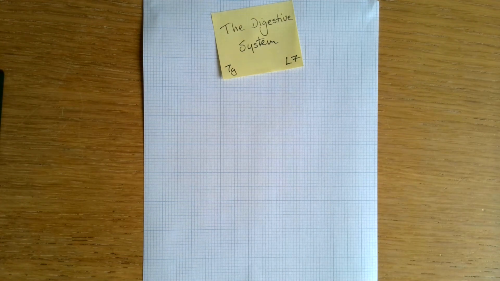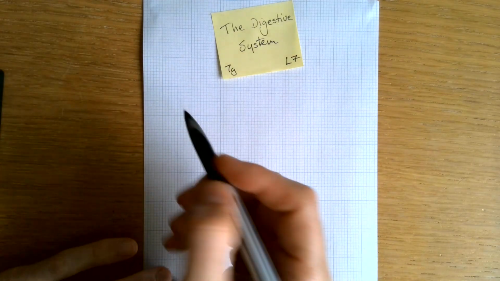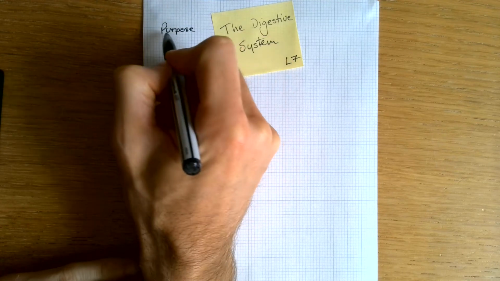Okay, this support video is for the digestive system, topic 7G, lesson 7. So the first thing to look at is why do we need a digestive system in the first place? So what's its purpose? Well, quite simply, the food that we eat